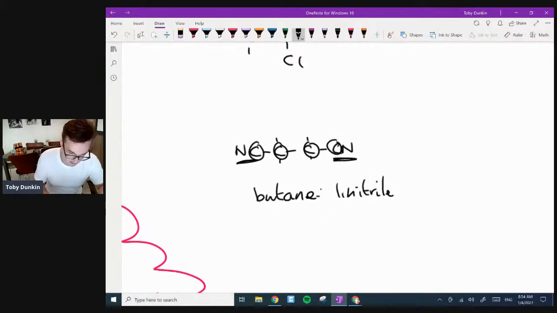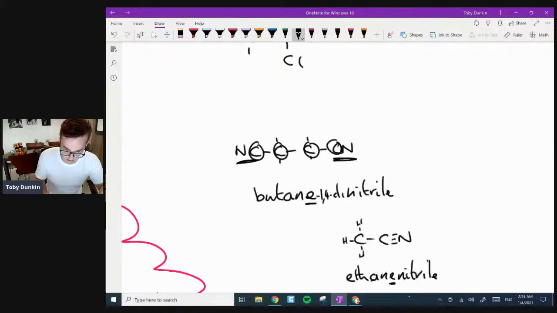The reason why you came across this at AS, there's no dash there, by the way. If you want to put numbers in, you can. This would actually be a 1,4 dinitrile. There you go, if you really want to be proper on it. But the reason why this comes up is because the E was there in the nitrile name originally. So when you came across a singular suffix, something like this, I'm actually going to draw that displayed now. It's nice to do so. That's ethane nitrile, and the E is there.